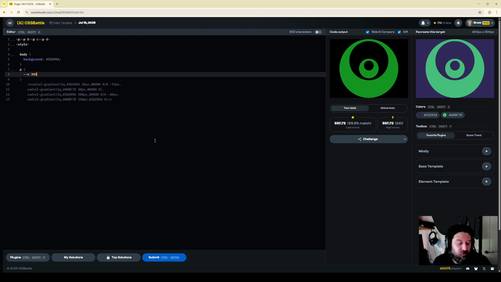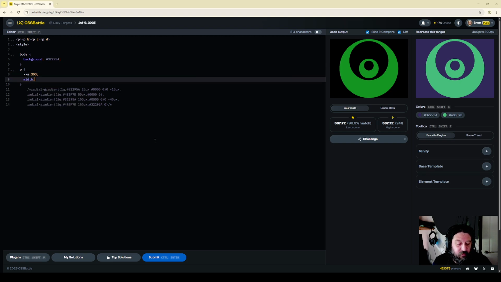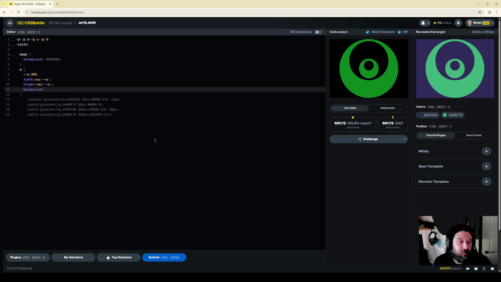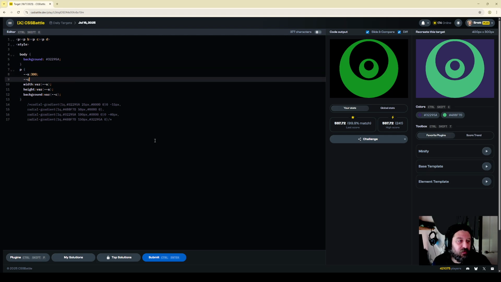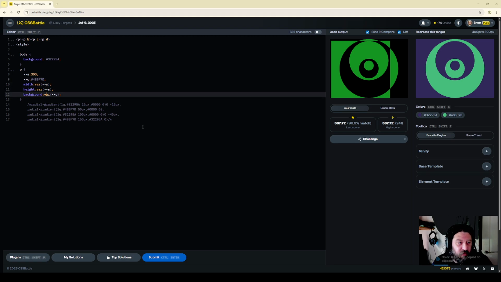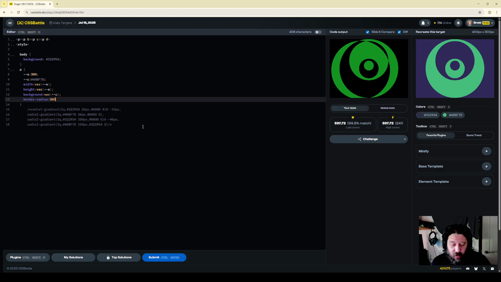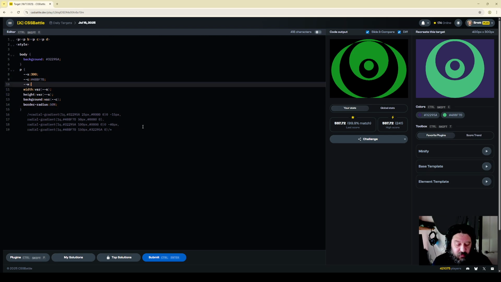So let's just do that, then do that, and set its background to a colour, and let's make this colour green, and let's make its border, yes, 50% to get a circle. Then let's make its margins -8 and